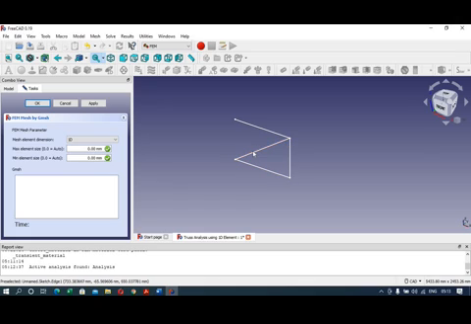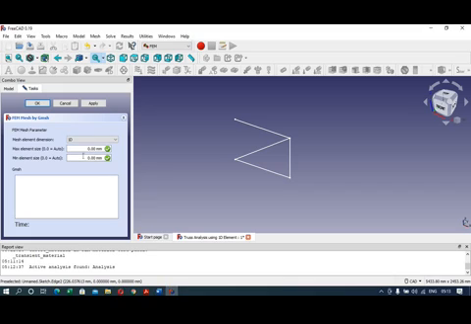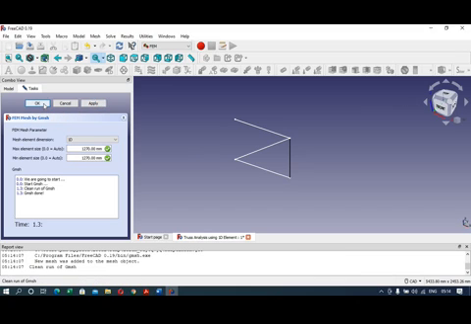So obviously this member is going to have the value 50 inches. So 50 inches is equal to 1270 millimeter. So here I will enter the maximum value as 1270, minimum element size as 1270, so that exactly 4 one-dimensional elements are created. So apply and OK.